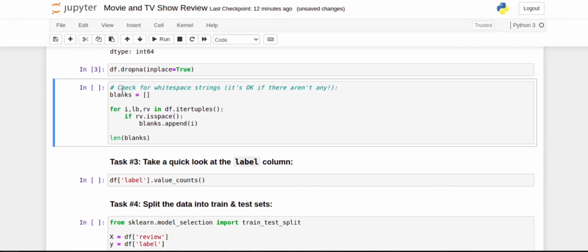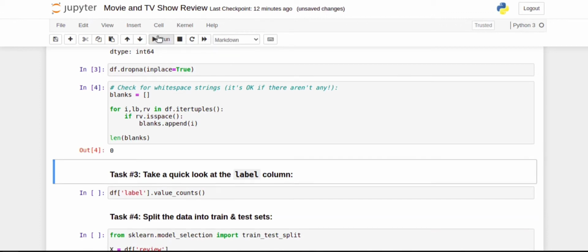For that we will be running a for loop and assigning all the blank fields to a blank list. We'll run it and check the length. Here you can see no blank field is available.